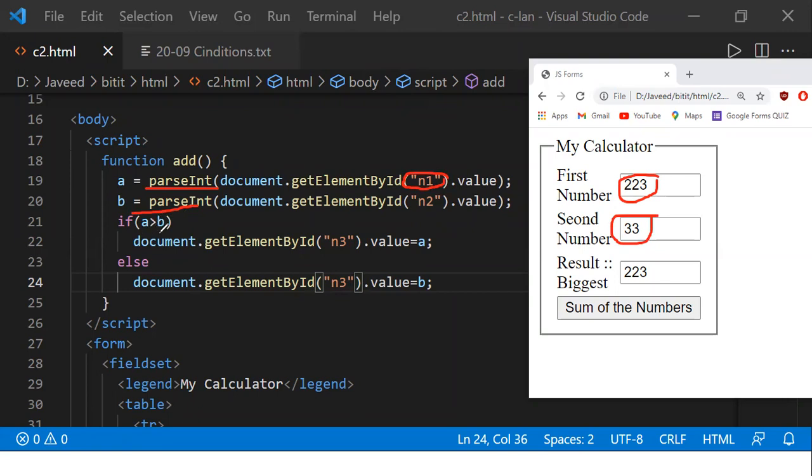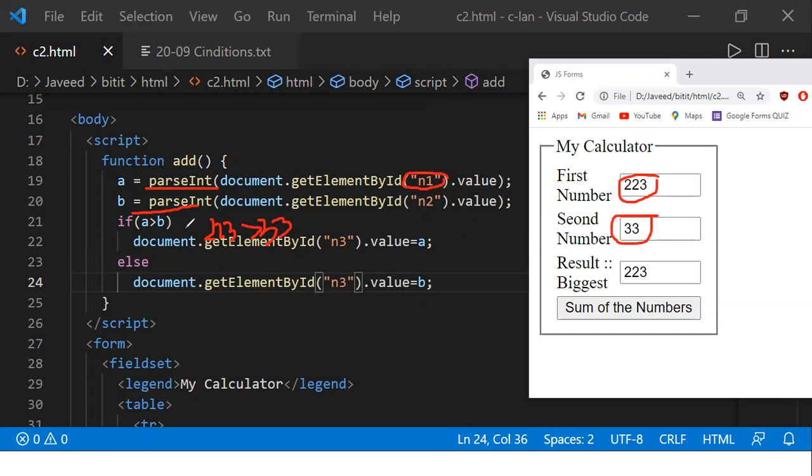Is A greater than B? The value of A is going to be 223, and the value from the other one is 33.